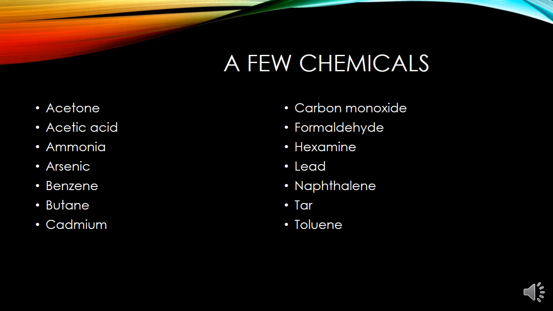These are the chemicals that are used in cigarettes, and these are their common daily use. The acetone is found in nail polish remover. Acetic acid is an ingredient in hair dye. Ammonia, a common household cleaner. Arsenic is used in rat poison. Benzene is found in rubber, cement, and gasoline. Butane is used in lighter fluid. Cadmium is an active component in battery acid.